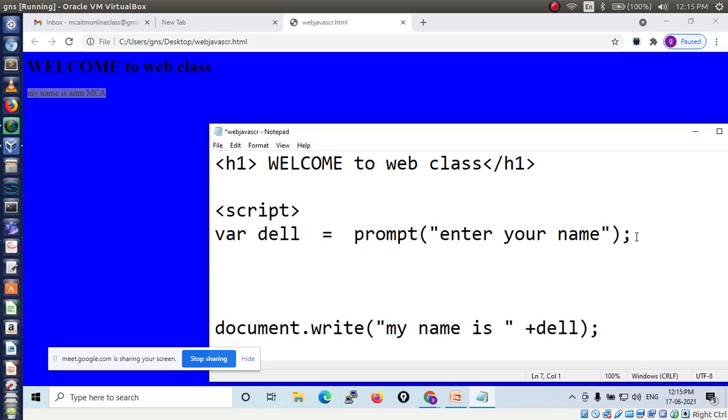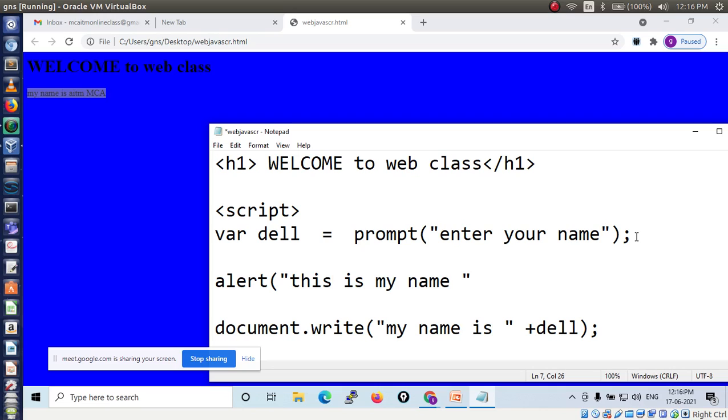To display the name in the alert box, how can I use that keyword? Simply you type alert, a keyword, followed by what? Message. You have to display any message. Here I will display a message like this: "This is my name".